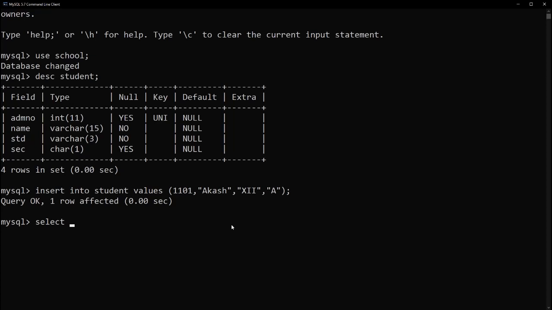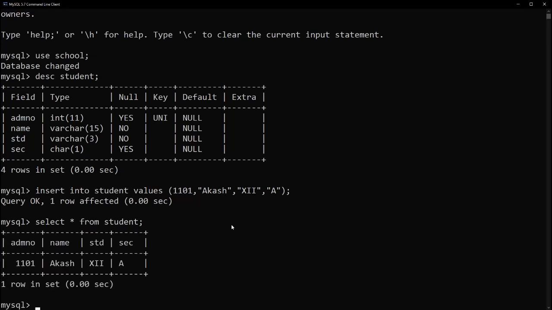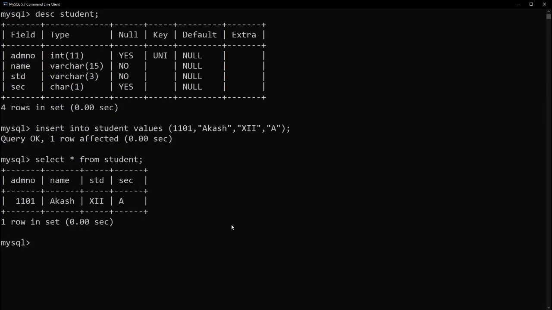To see all the columns, just give a star. Star stands for all columns of the row. From, what is the name of the table? Student. From student. So what is the command, children? Select star from student. The meaning is: display all the columns from the table student. Now give enter. It will show you the row that you have inserted now.